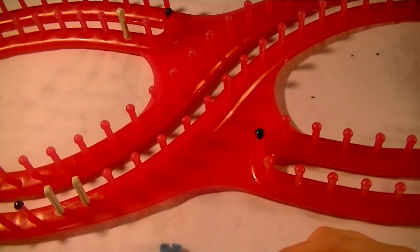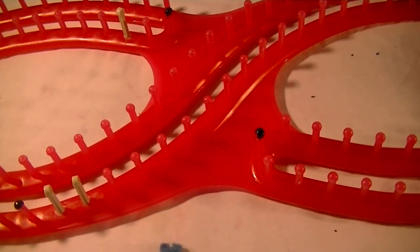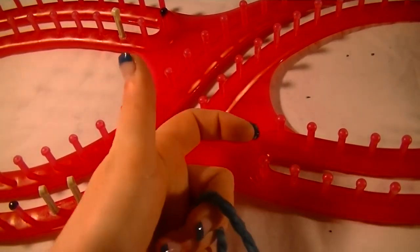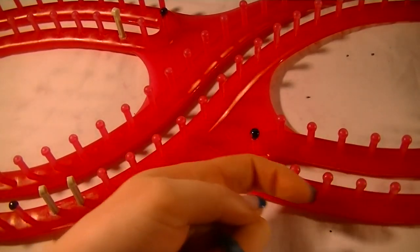And you can wrap the row in less than like 2 minutes, which when you get into this, that's pretty awesome. So if you are right-handed and you notice that you have trouble doing the purl stitch going in this direction,